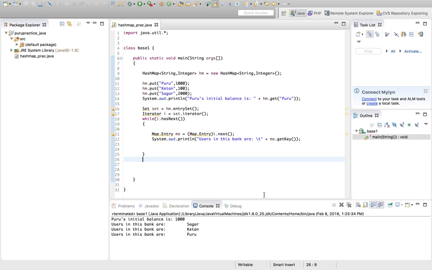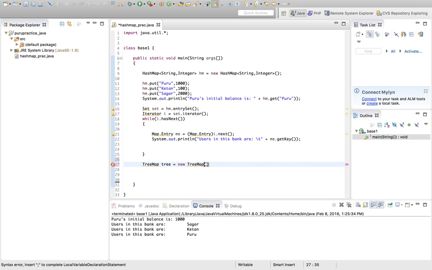Now for instance, say I need to sort my hash map. So for that there is a way to do that, and you can use a TreeMap, which is a simple way to sort a hash map, which we have. So let's try to do that. Let's start by taking a TreeMap object. There we go. Say tree is equal to new TreeMap, and let's pass the hash map object inside this,